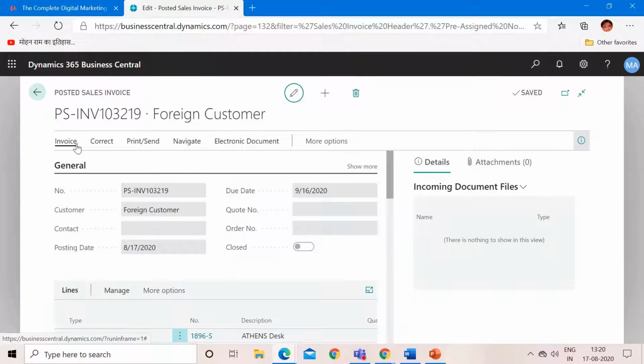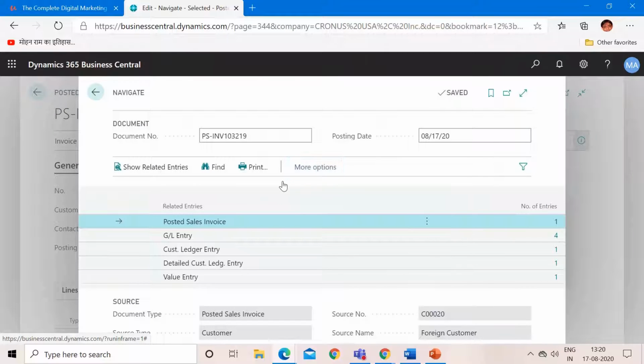To check that, click on invoice and click on navigate. From here we can see the documents which were made by the system when we posted the invoice. But we are more interested in the customer ledger entry.